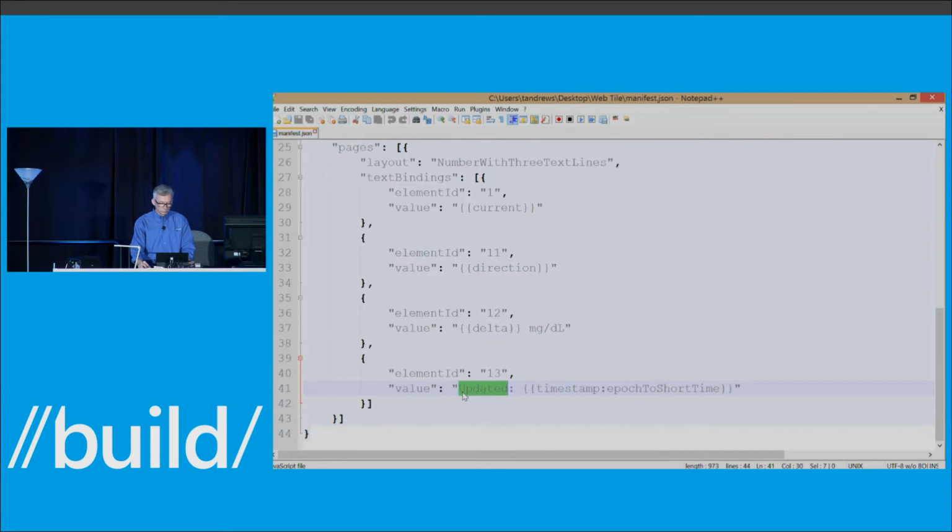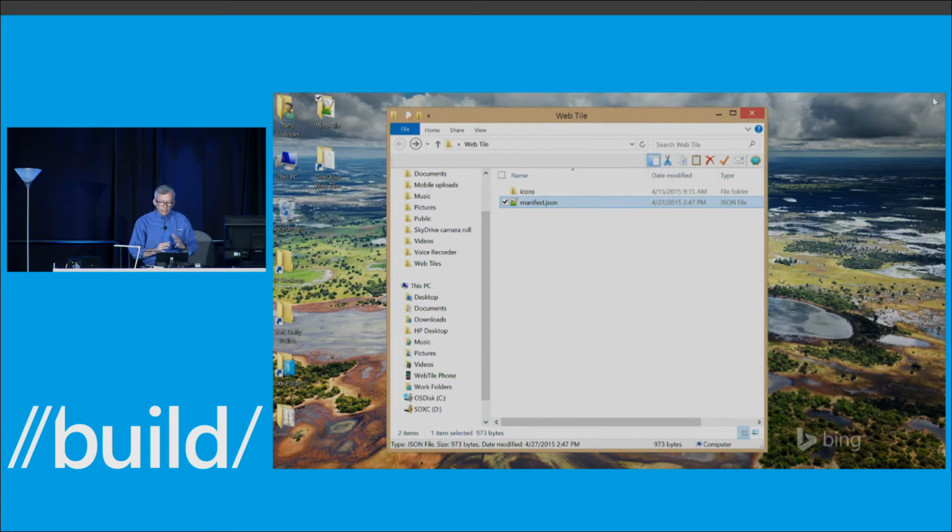And then finally, for the updated, this one's a little interesting. So we've got some static text here. We're referring back to the timestamp. But then we've got a helper here that says, I want to take that Unix-style timestamp and convert it to a human-friendly short time format. So we'll have some set of these to, again, help you deal with really common scenarios for data transformations that you might want to do. So that's it. You can think of it as kind of a transducer between content on the web and the format that I want to see it in on my band.